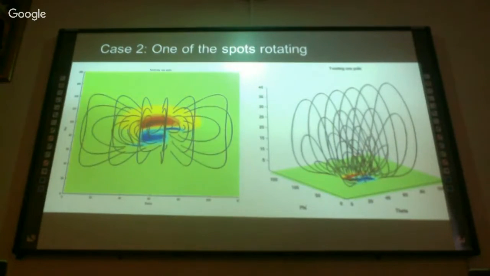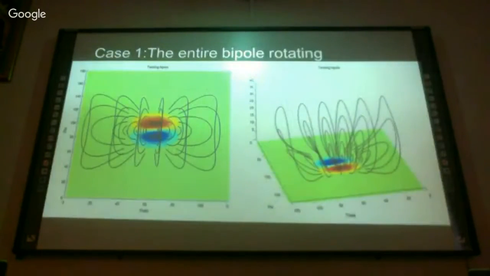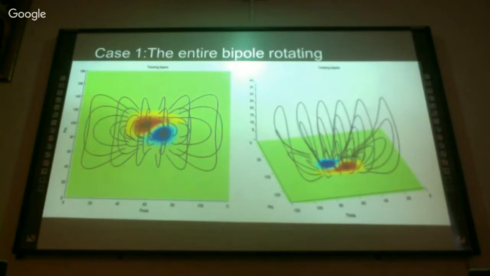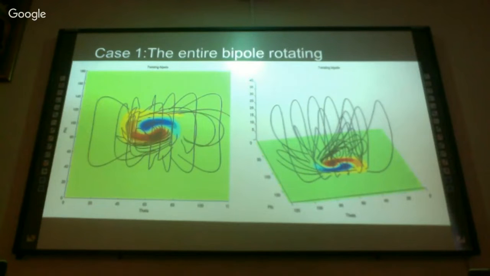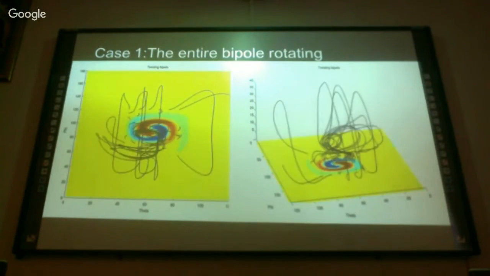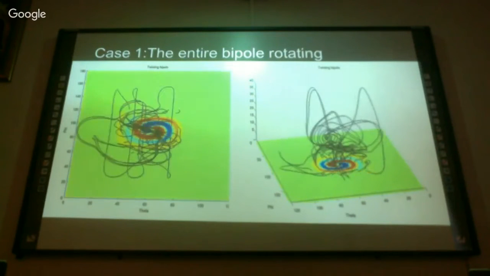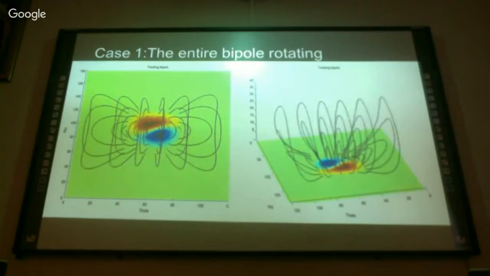The difference between case 1 and case 2 is that if you notice the simulations, at one point the coronal dynamics become significantly faster than the photosphere. So we suspect that there is a runaway process going on here, right? At around this point, we see a rapid change in the